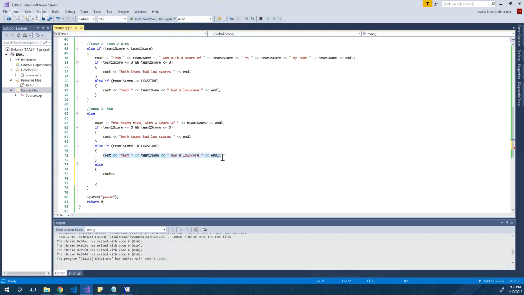Let's cheat our way, copy paste these because just why not? Team 2 had a low score. Okay, I think that now in this situation they are all covered, because in the previous cases, since one of them was already winning, and if the first condition was not verified, it defaulted that only one of them could have a low score. But in this case, since it's a tie,